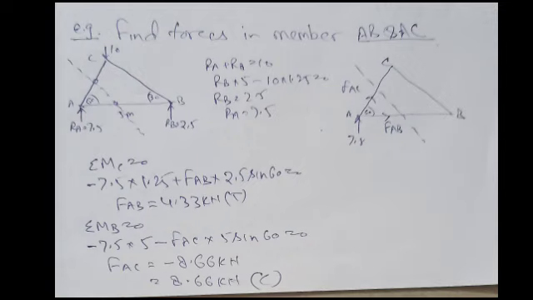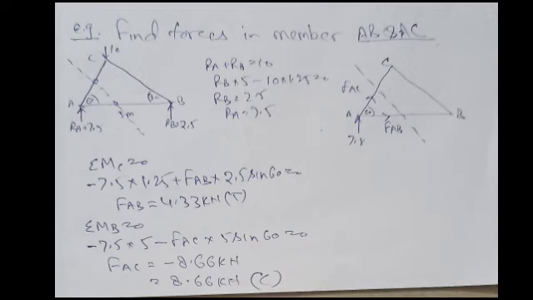So first of all we will determine the value of reactions. You can see RA plus RB minus 10 equal to 0, so RA plus RB equal to 10. Now take moment about point A. So we will get RB into 5 minus 10 into 1.25 equal to 0. So RB equal to 2.5 and RA equal to 7.5. Now once we have calculated the value of reactions, then we will start the method of sections.